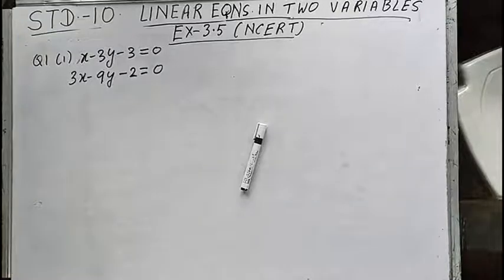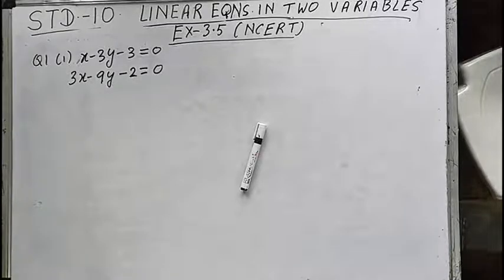Hello students, let us come to exercise 3.5 of NCERT, which is based on the concept of method of cross multiplication and the conditions of solvability of linear equations. Based on the concept of conditions of solvability of linear equations, we will be doing one exercise of R.S. Agarwal also. Few selected sums I will be doing. But in this exercise 3.5 of NCERT, all such type of questions are covered. So let us first start exercise 3.5 NCERT, question number 1.